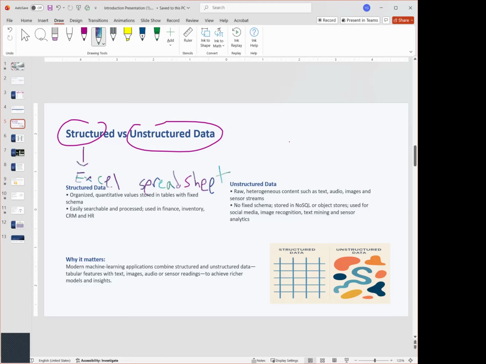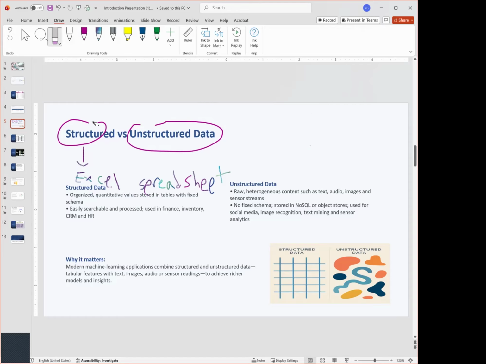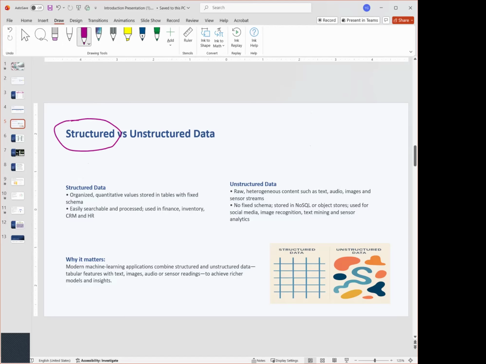It has rows and columns. If the data set is structured in columns and rows like a spreadsheet, then you can say that data set is structured.